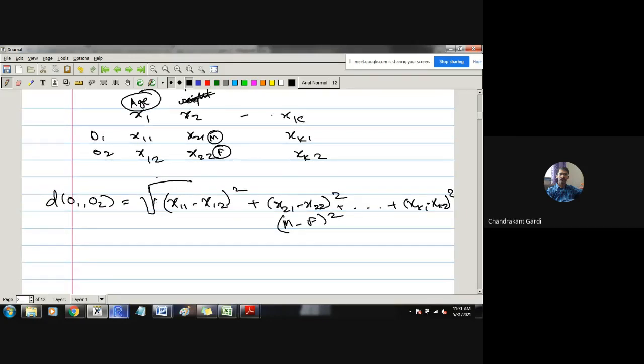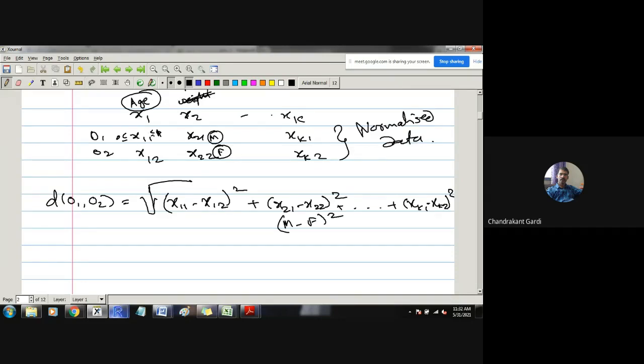Now suppose we have normalized this particular data. The first thing is we will normalize the data. So x1, x2, all these values will be between 0 and 1 because they are normalized. If x11 is the maximum with respect to x1, then it will be 1. If x11 is the minimum among the different values of x1, then it will be mapped to 0. Otherwise, if it is neither maximum nor minimum, then it will be between 0 and 1. So by doing min-max normalization, these values have been obtained.